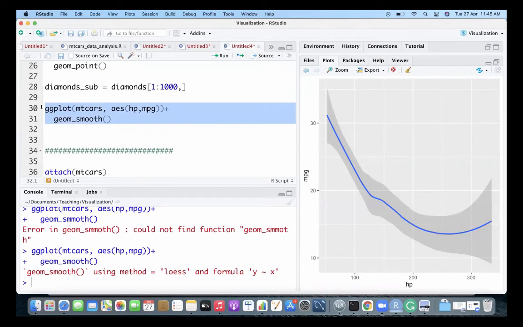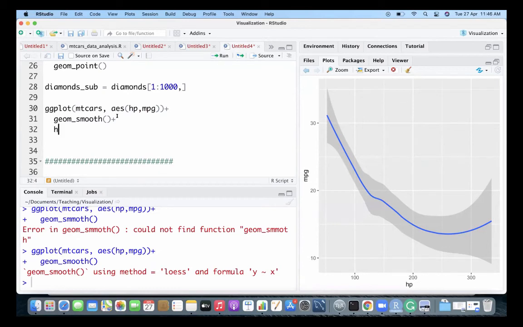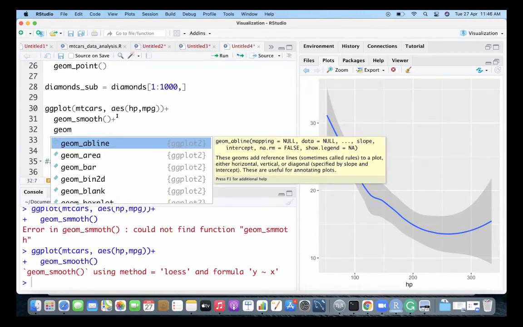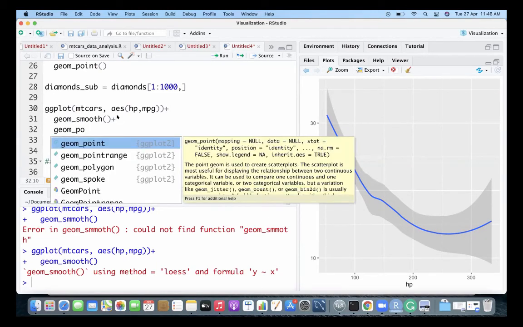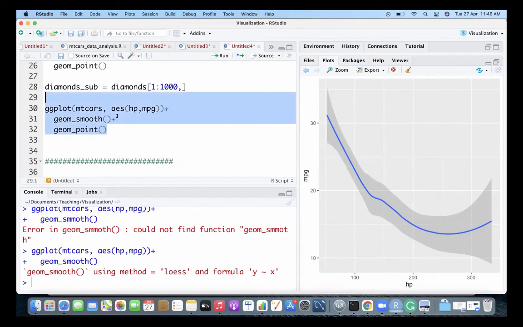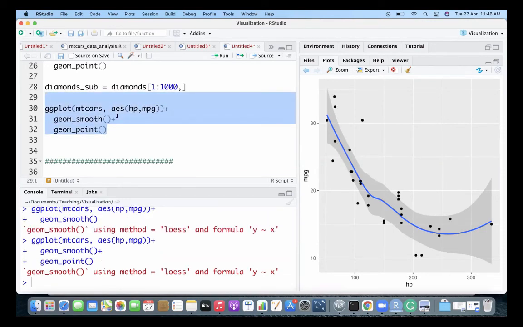You understand? So when I'm saying smooth, you can put the geom points also. So instead of a straight line, I'm drawing a smooth nonlinear regression line.